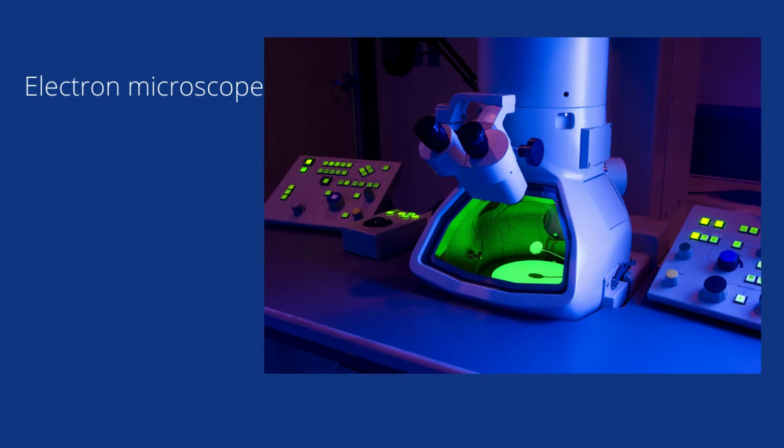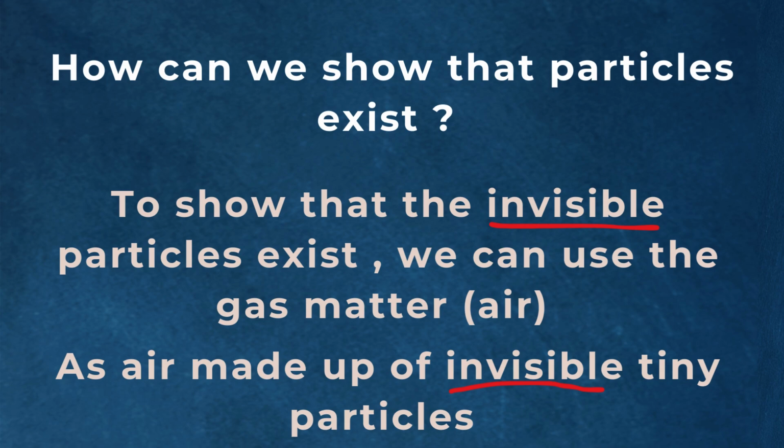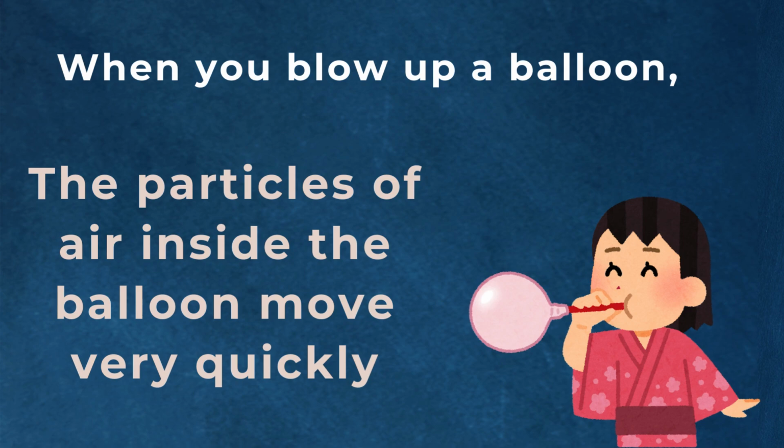Here, we know that air is made up of particles, but they are invisible. We can't see the particles of the air. So particles of air are invisible, they can't be seen. So how do we know that the particles exist? Here we will use the air as an example, because air has invisible particles. What shows us that the air is made up of tiny invisible particles? When you blow up a balloon, what happens? Yes, the balloon